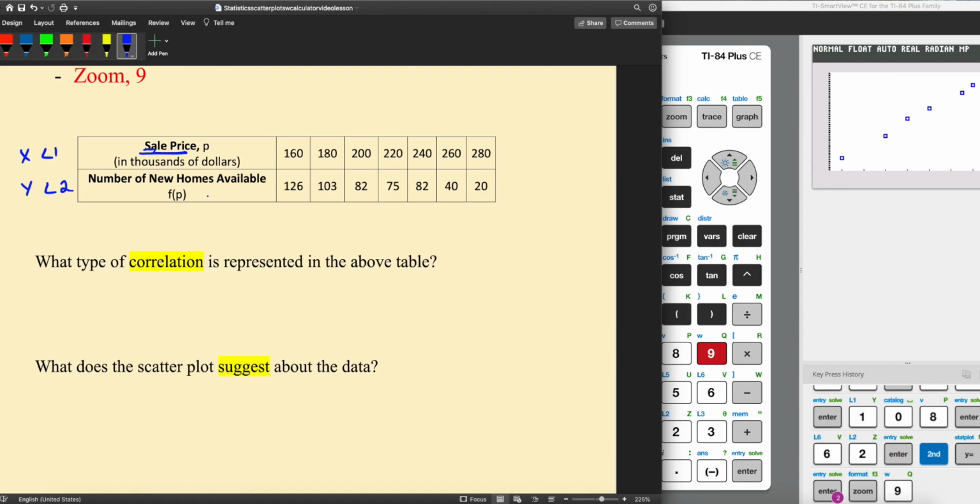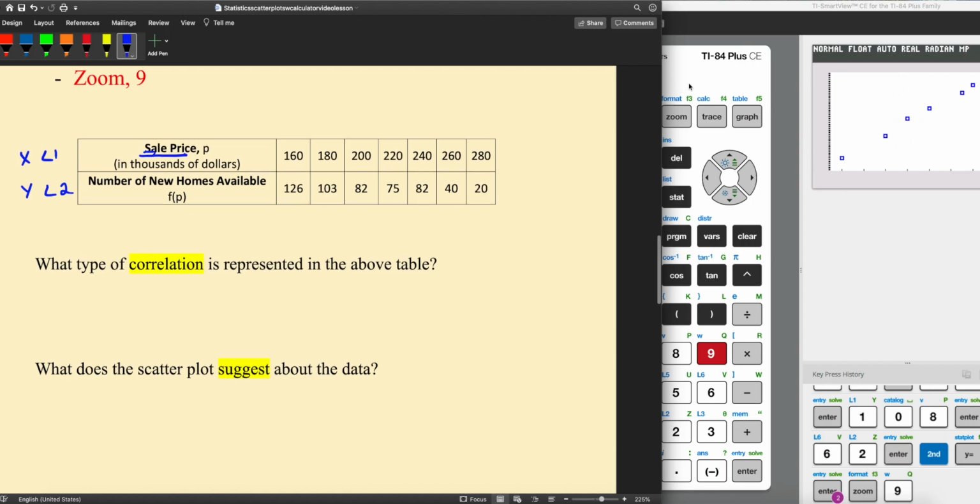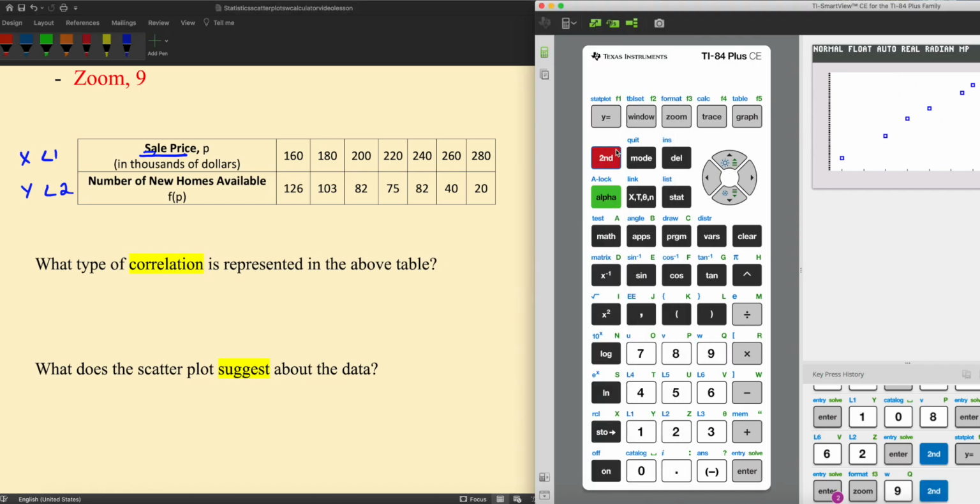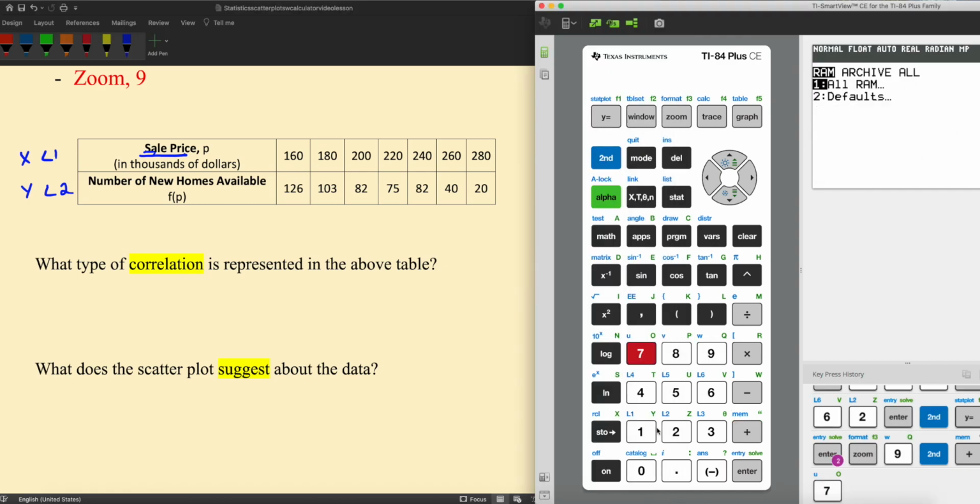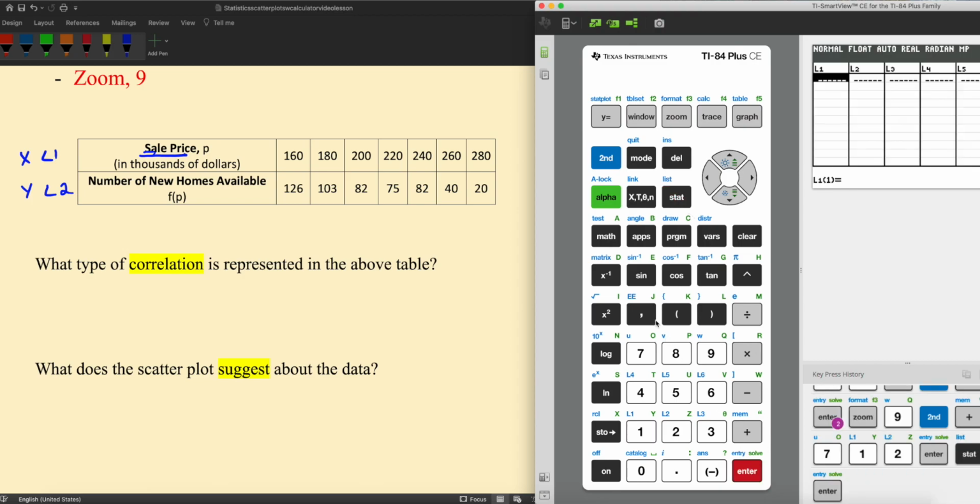So it says, what type of correlation? Well, let's get to our calculator and clear it out. Second plus 712, enter. And then of course, stat enter. And let's put the sale price in first. So 160, 180, 200,